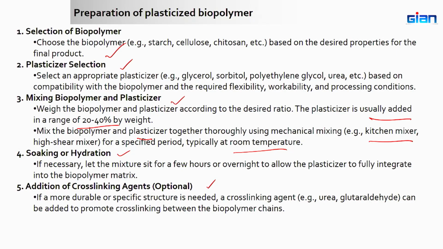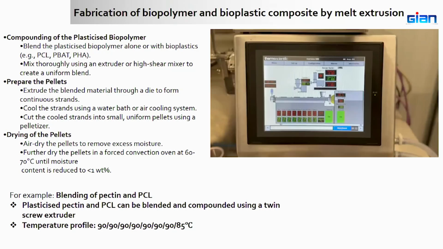And what type of agents to be used, that is important. In some cases urea is there with nitrogen, glutaraldehyde, or certain natural cross linking agents are used depending upon where you are going to use that particular packaging material. So, if you will see this